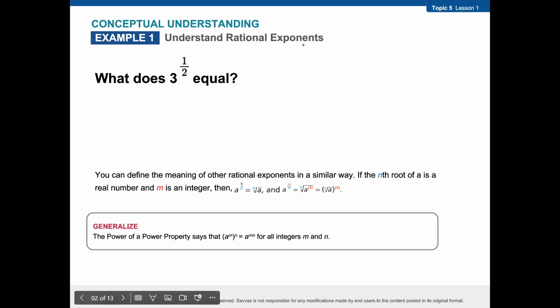An exponent is a power, so 1/2 is the exponent. Rational means that the number can be put into a fraction. So 3 to 1/2, what does that equal to? To turn a rational exponent into a radical,